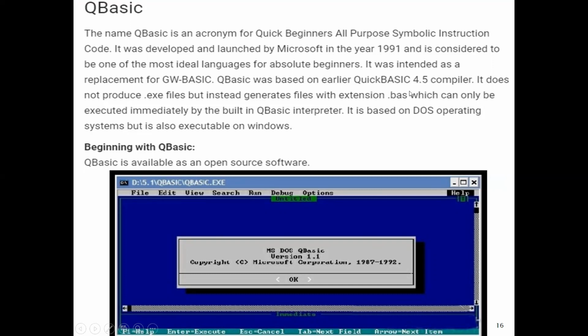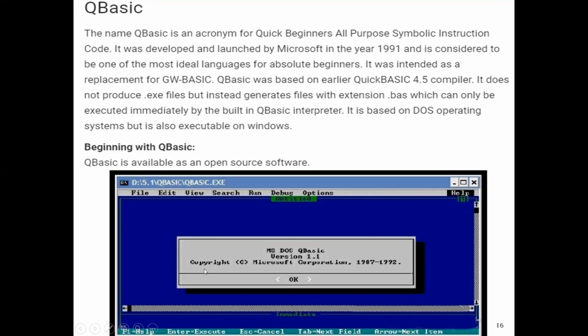The first version used a 4.5 compiler, and it never produces any exe files, or you can call them setup files. It generates a file with the extension .das, which can only be executed immediately by the built-in QBasic interpreter.